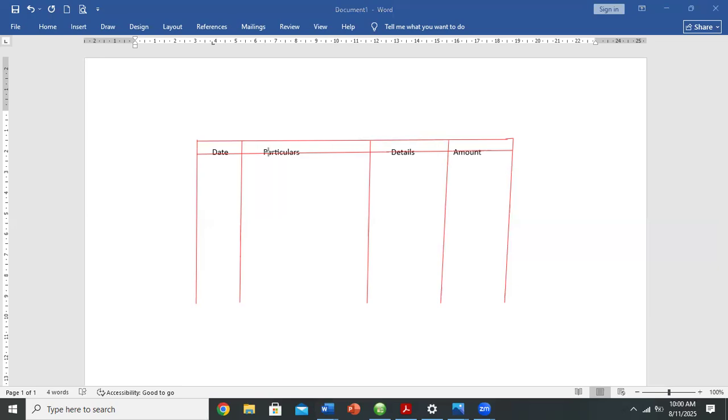Now we are used to the dates. What about the particulars? The particulars will keep the names of the customers or the suppliers, and maybe specific description of the items. Maybe we bought iron rods, we bought cement, we bought nails, whatever. Then the details column here is used for workings, as in, for example, if you bought 10 bags of cement, 50 iron rods, then you have to do some calculations and accumulate the total amount involved. So the amount column takes the final